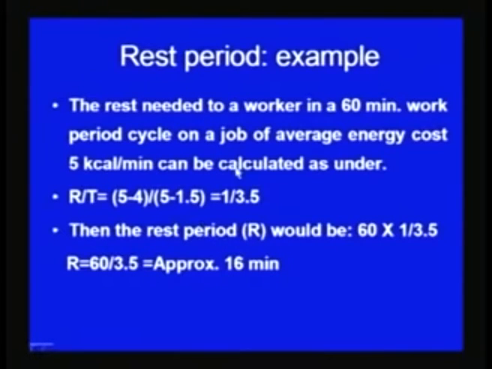It means that if the energy cost of the work is 5 kilocalorie per minute, the acceptable upper energy limit is 4 kilocalorie, and the basal metabolism rate, that is the energy required by the worker at rest, is 1.5 kilocalorie per minute, then the rest period for a work cycle of 60 minutes comes out to be 16 minutes, and after the 16 minutes of rest, the worker should again start the work for a 60-minute work